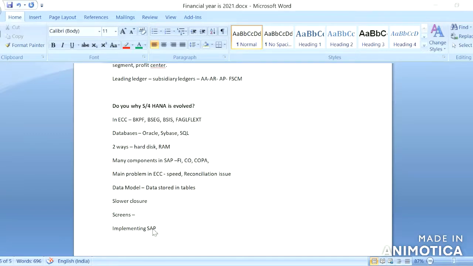The next challenge is that companies interested in implementing SAP face huge hardware cost, because they need to set up the hardware on their premises. All this setup might include heavy costs.